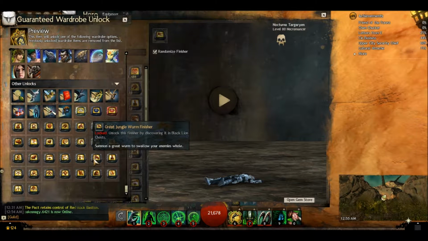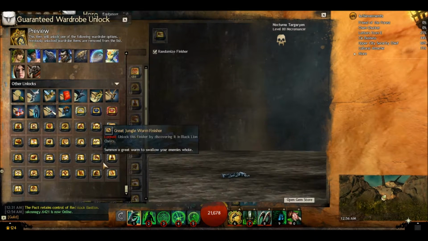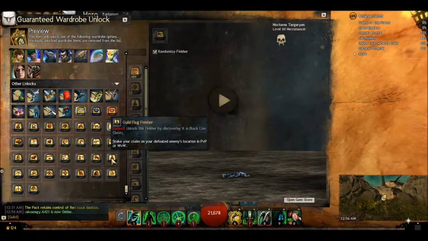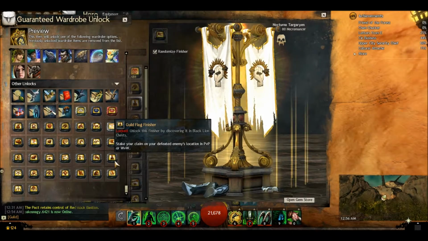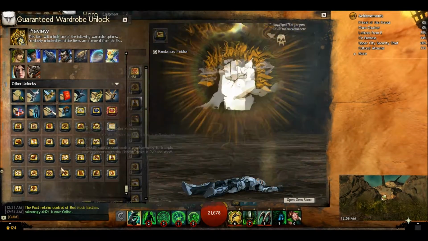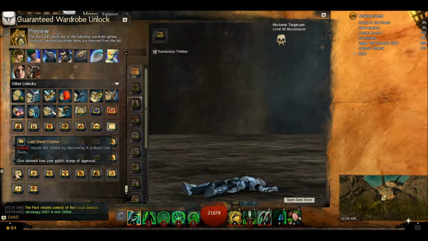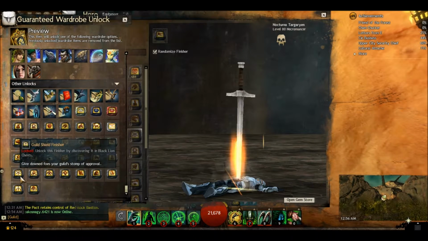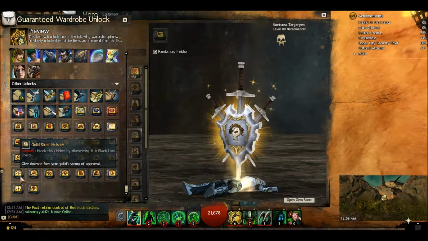Great Jungle Worm. Summon a great worm to swallow your enemies whole. Well, they actually disappear. Okay. Guild Flag. Stake your claim and defeat an enemy's location. That one, I think it's one of the current ones, isn't it? I don't know. Guild Shield. Give your downed foes your guild's stamp of approval. And obviously it'll have your guild emblem on it, not mine, but...